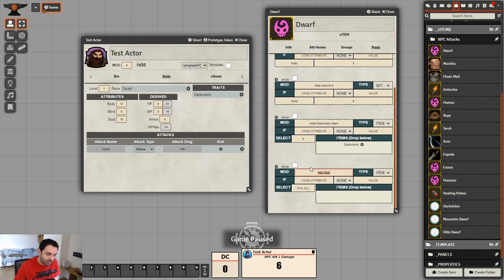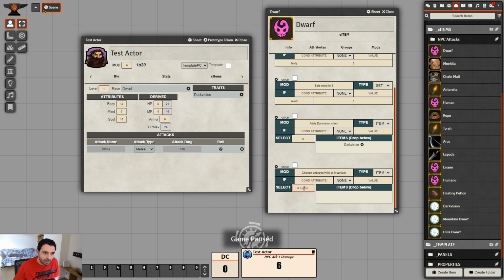The description is choose between hills or mountain. Now, if we type anything other than 0 for our select number of items in